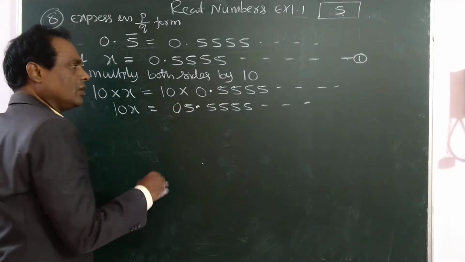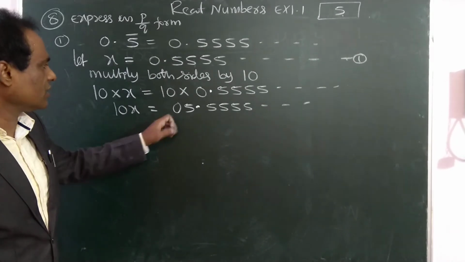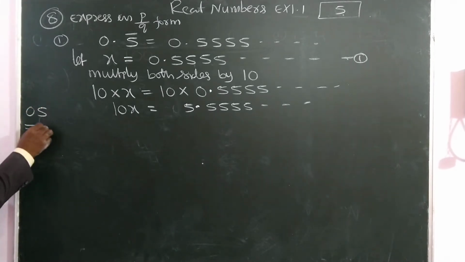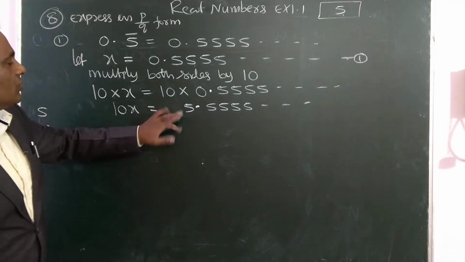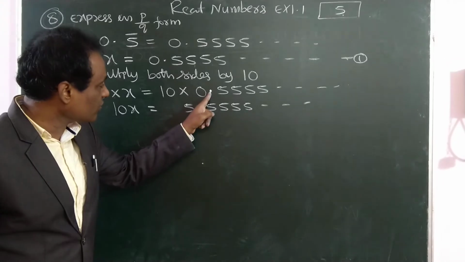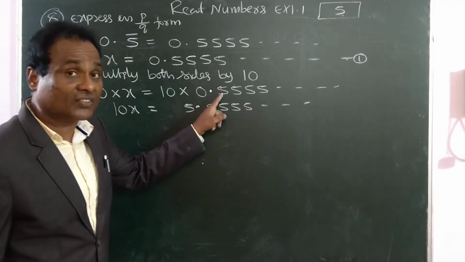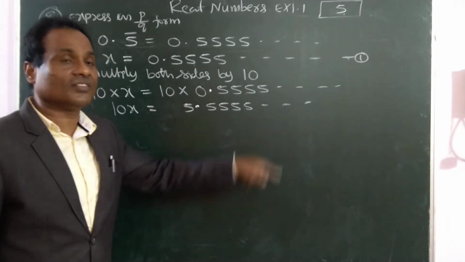If you write 0 also, there is no value before the 0, so no need of writing 0. See, 0.5 means what? 5 only. So we should not write it. If it is a decimal, then we write 0.5, but only 0.5 would be meaningless. So this 0 is not there. If you multiply with 10, the decimal place will cross only one digit. Why one digit? Because 10. If it is 100, 2 digits; 1000, 3 digits like this.